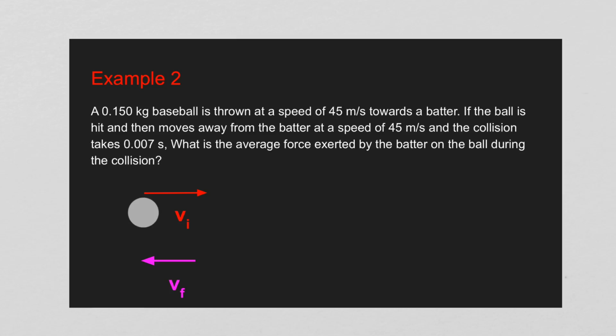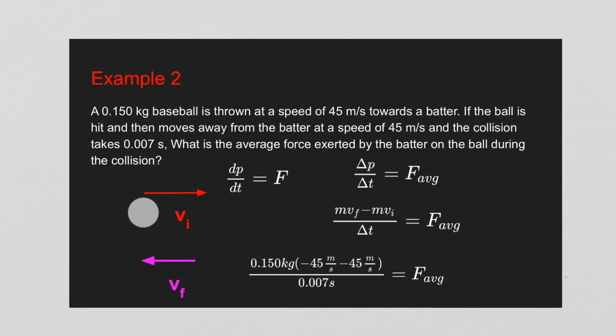Now for another example, we're going to look at impulse. So I've got a baseball. It's going to go in, and this baseball is only going to travel in the x direction for simplicity's sake. If you have multiple components, you'll need to break it up into components. So I know force is caused by a change of momentum. I'm looking at an average force, which means I can use total change of momentum over total time. Change in momentum, mv final minus mv initial, over delta t. Keep in mind, I need to figure out which way is plus and which way is minus. In this way, I set this as my plus x axis. So my final momentum is negative, my initial momentum is positive, which means that my force